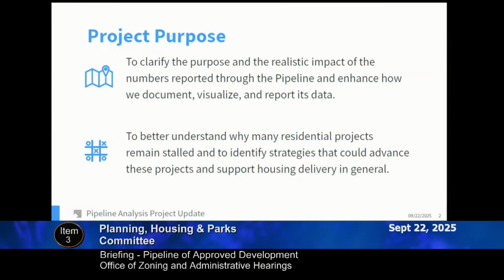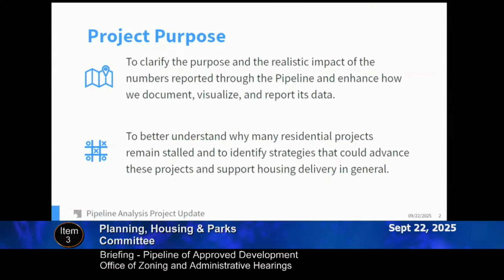Clarity around messaging for the pipeline is also really important, and explaining the utility and to the extent to which we can rely on the pipeline for new housing is equally important. We keep saying this is as much a communications project as it is anything else, and we have really, as you'll see when we get further into this presentation, and Mr. Sartori alluded to, developed a dashboard that really illustrates how we can share the utility of that pipeline.